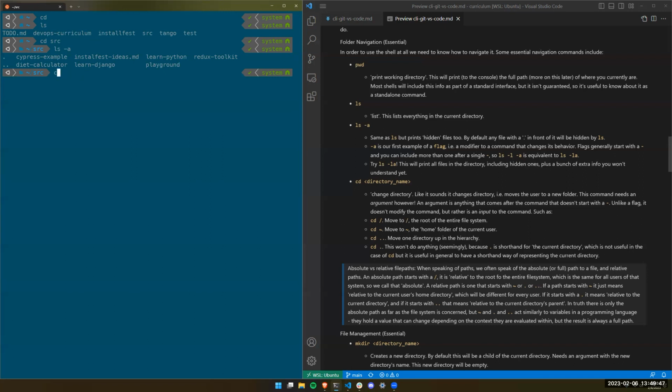So if I were to go to cd dot dot, that'll go up a level. Cool. So that's how I go up a level. And let's say I went really deep, I could go cd, what might be deep in here? Source. I'm going to go into,